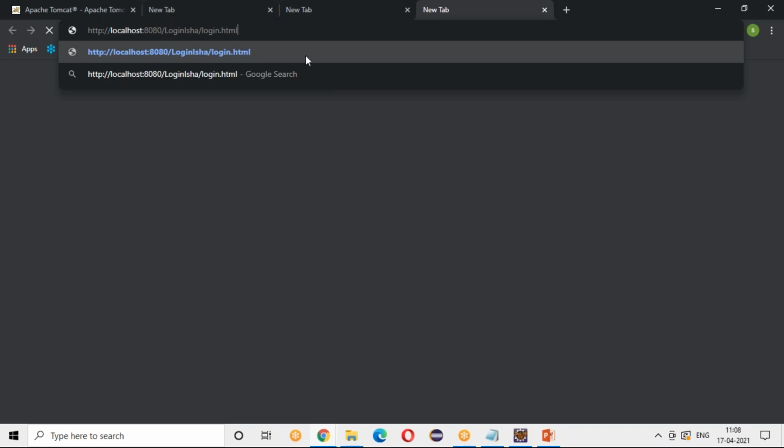If you are using the same connectivity, instead of localhost you use your IP address, 80 is your port number, login is the project name, and the home, your start page, is login.html. So you can replace this localhost with your IP address. Generally when you connect with some other system, it will be that application name, right? Some Amazon or such things will be there. So it is a normal application. We are not having security, as we are using HTTP.